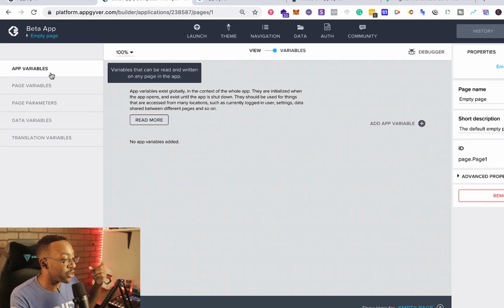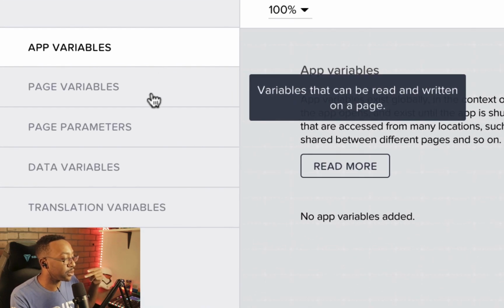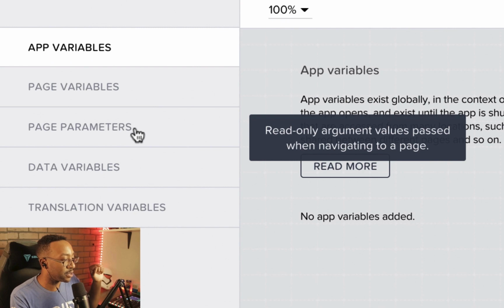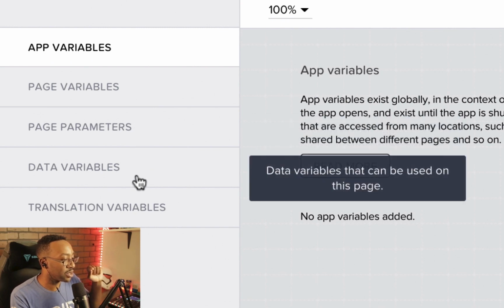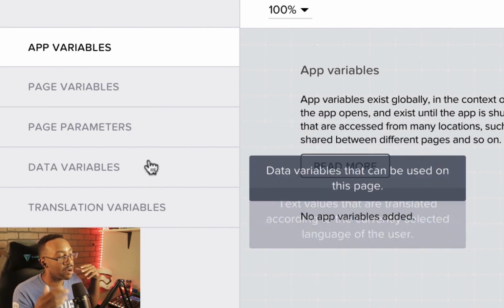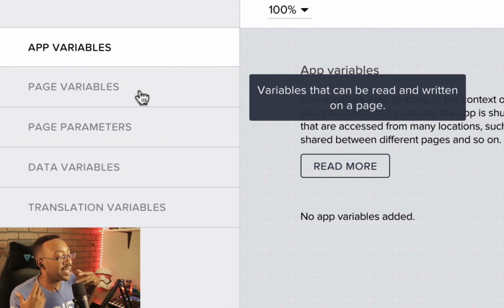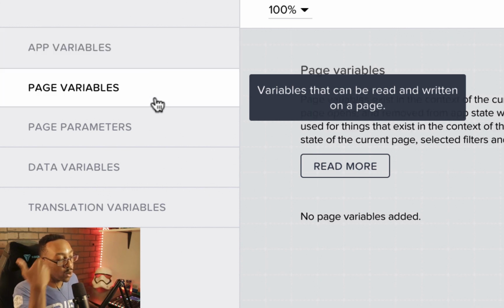I have app variables, page variables, page parameters, data variables, translation variables. Depending on what I'm trying to do, it can change the app or change the page in different ways. For example, page variables allow, when the user is on that page, will things change? It gives us different options to change different elements, text, images, all of those things by picking the variables that